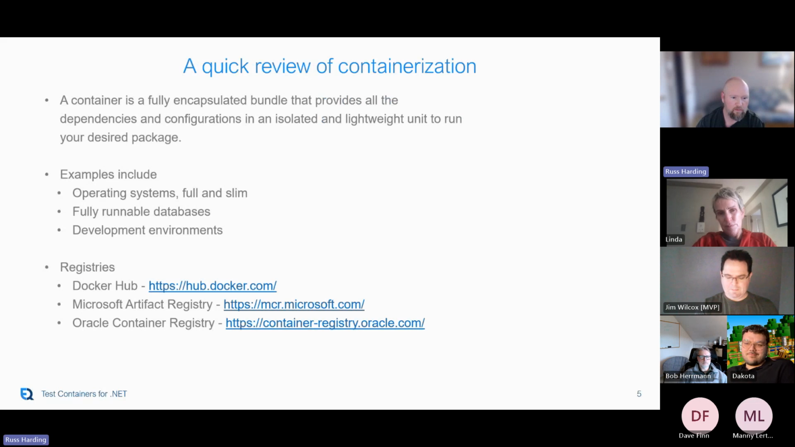So what is containerization? In my own words, without trying to use the word container, it really is a fully encapsulated bundle that provides all of the dependencies and configurations in a somewhat isolated and lightweight unit to run your desired package. So if you've got a piece of software that you or your team have been working on, and you want to deploy it somewhere, instead of building a server or allocating resources in the cloud, you'll still have to allocate resources in the cloud, but instead of building a server,